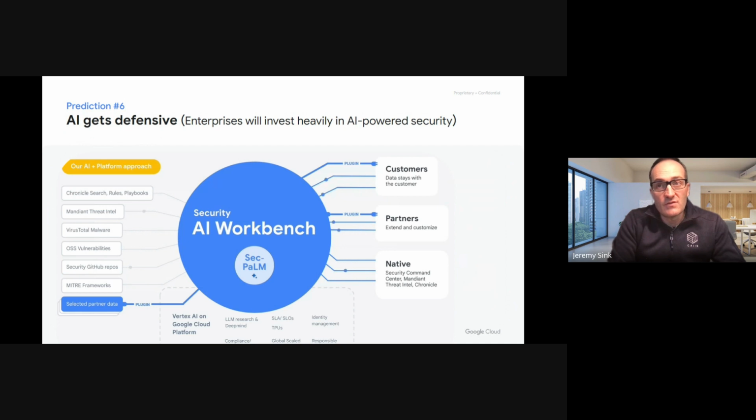Recent advances in AI, particularly large language models, have accelerated our ability to help the people who are responsible for keeping their org safe. These new models can not only give people a more natural and creative way to understand and manage security, they also give folks access to AI-powered expertise to go beyond what they could do alone. Most people responsible for security, like developers, system admins, SREs or site reliability engineers, even junior analysts, are not security specialists by training. So AI can help them identify and isolate, communicate, and even remediate these threats.